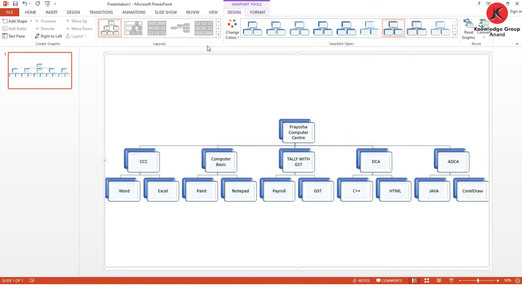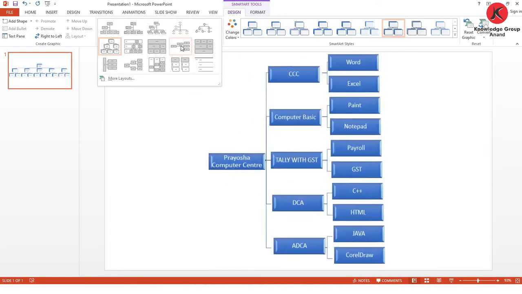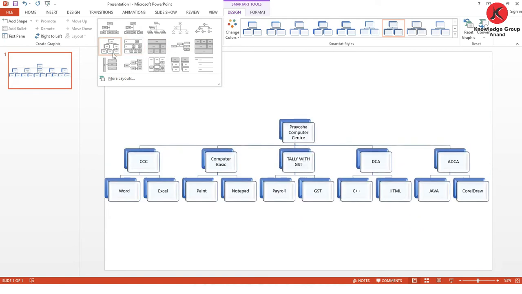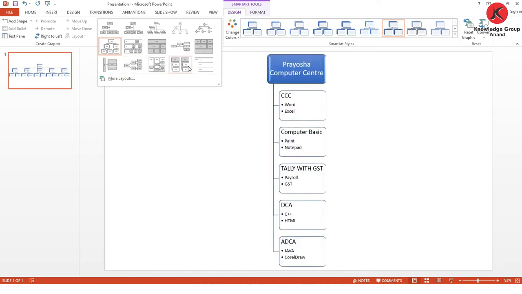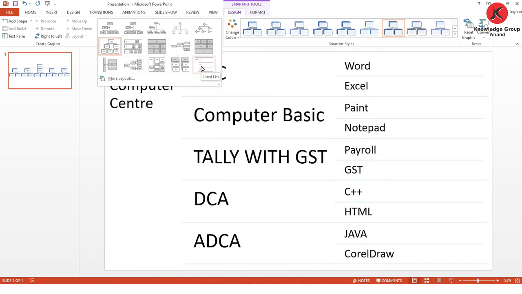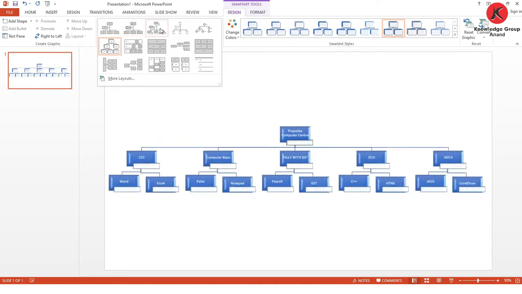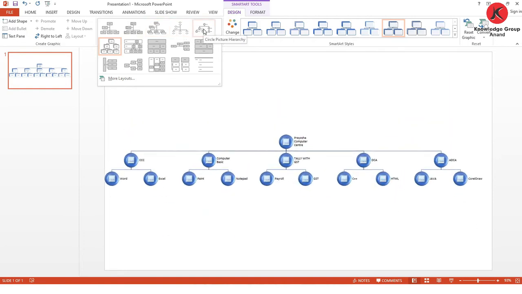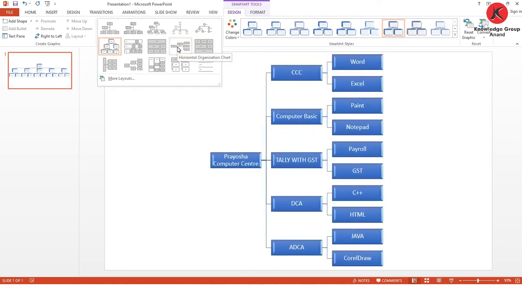Okay, done. And if you want to change the layout of this hierarchy option, then we have this option also like this. See, we can change, it will automatically transform into the different categories like this. Done. So select the particular one which you like and then click OK, then it will automatically set to that particular format. So I hope students, you easily understood how to create hierarchy SmartArt graphics, and how to select the option.